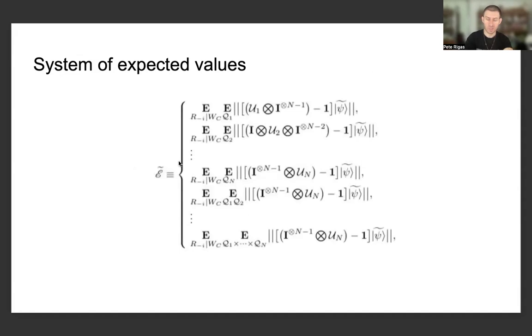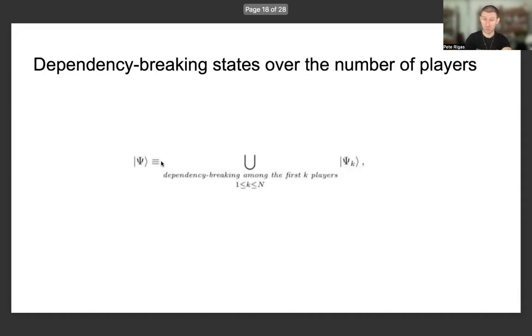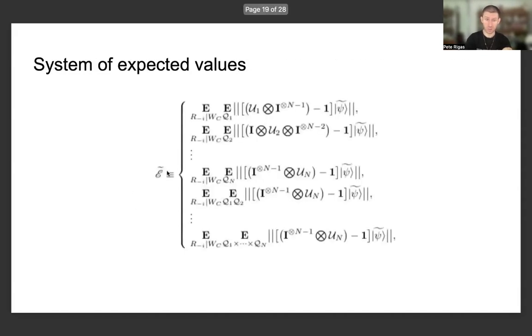In this system of expected values, like we mentioned two slides ago, this system can be generalized to twiddle of script E, namely introducing some type of normalization for the optimal strategies for each one of the players, while keeping the unitaries for each one of the players, as well as the tensor product representations of operators, the same and identical. And also given the fact that we're still taking two expectations, we're nesting expectations within each other that we're taking of this norm.